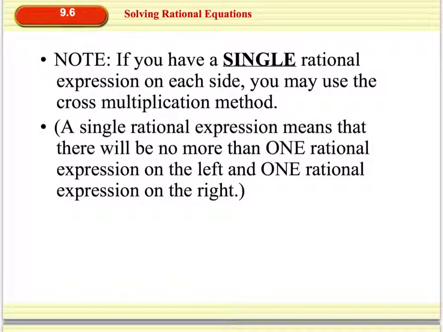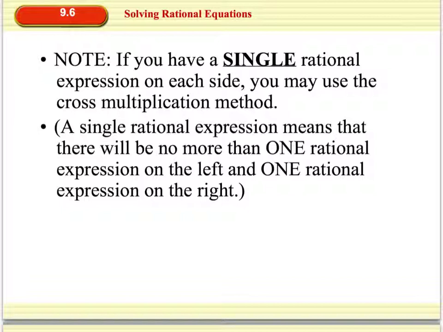The last thing that we're going to look at is a special situation, which is when we have a single rational expression on each side of an equal sign. If this occurs, in other words, we're looking at one fraction equals another fraction, then we can use the method of cross multiplication. Now, if there's any more than one term on one side, whether it be the left or the right side, you cannot use this method. Only if there's one rational expression on the left side and one rational expression on the right side can you